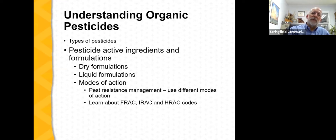Now let's talk a little bit about active ingredients and formulations. When we think about active ingredients, we saw those lists earlier, and those told us what was in that pesticide that actually had the desired effect on the pest of interest. And this is done through what's called modes of action. And again, we noticed when we were talking about organic insecticides and organic fungicides that different pesticides target different aspects of the pest of interest. For example, there may be insecticides that target the nerve centers of insects, or there may be insecticides that act in the gut of the insect. Well, these are called modes of action. And it's important to understand these modes of action